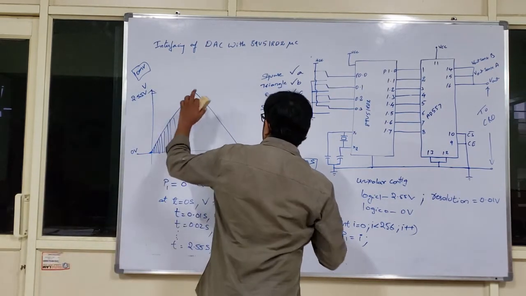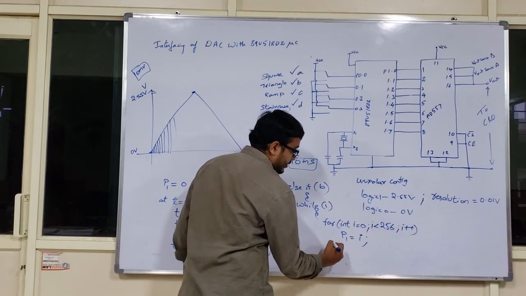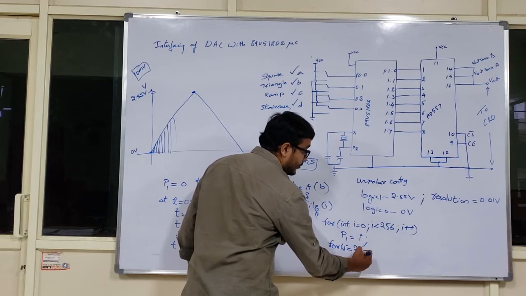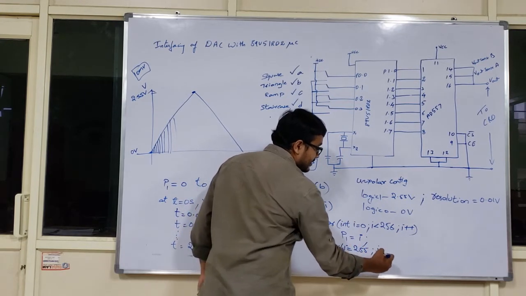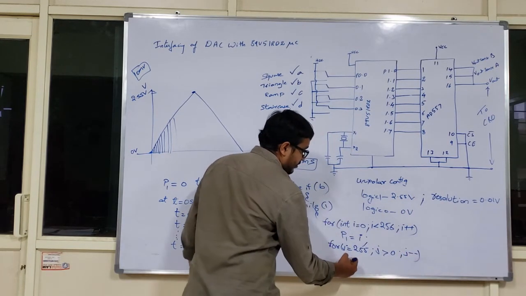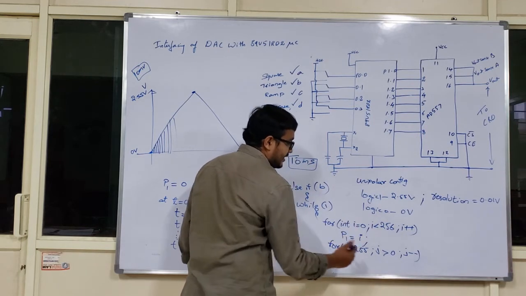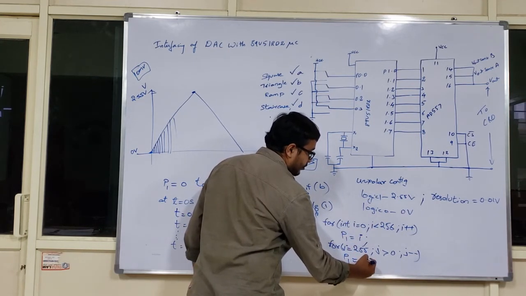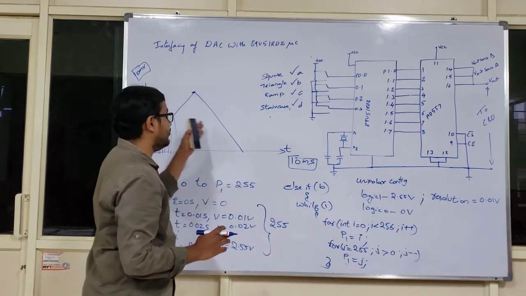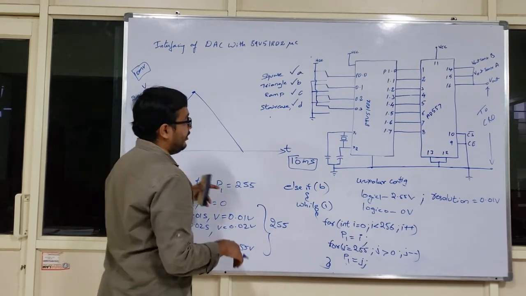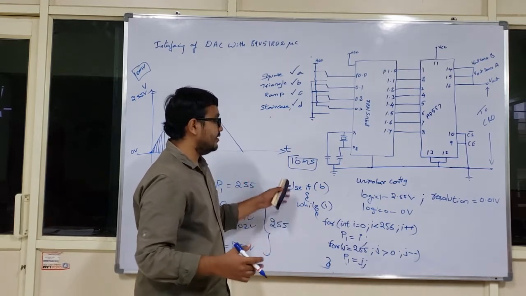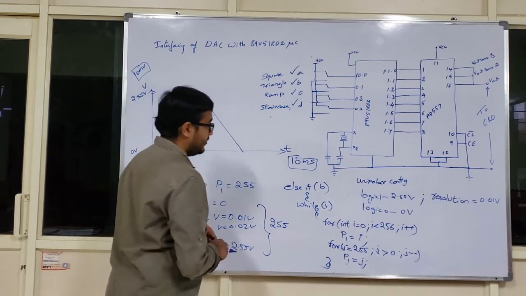Okay. As soon as the for loop is completed, the iterations are completed. Next, you need to write one more for loop, that is for j equal to 255, j is greater than 0, j minus minus. So again 255 down iterations it also has to undergo, P1 equal to j. That means I can complete the upside ramp as well as the downside ramp. The combination of these two will give me a triangle. So if I use the while loop, the triangle will be repeated many times. Hence I am able to produce the triangular waveform in this way.